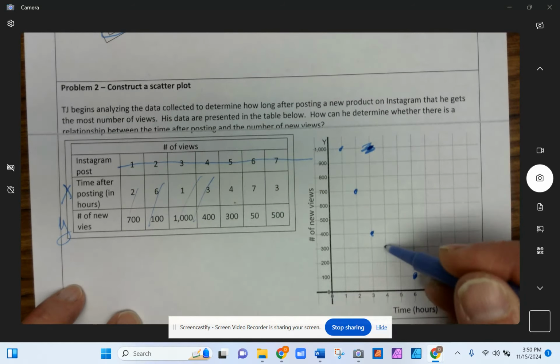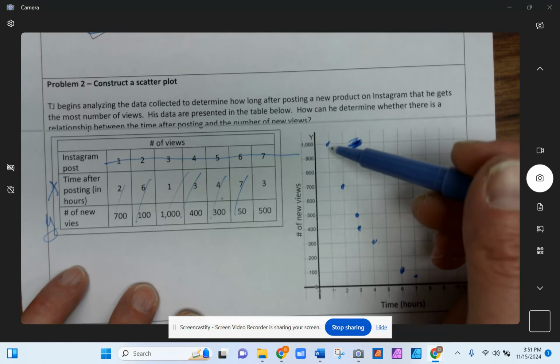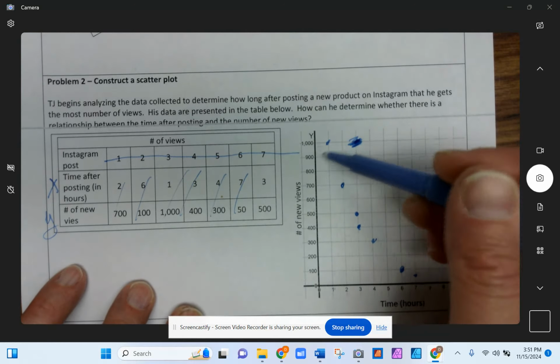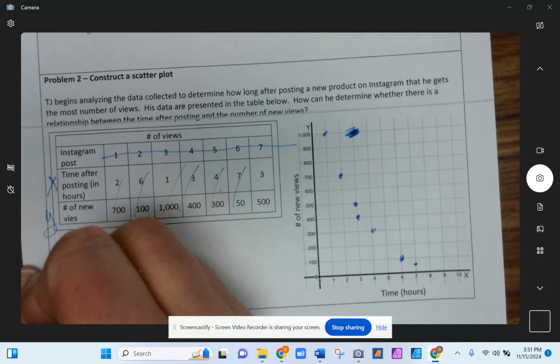My bad. So we could call this a decreasing graph. If we talked about qualitative graphs, this would also be kind of a negative trend. So how can you determine whether there's a relationship between the time after posting and the number of new views he gets? Well, we can see that as time goes on, he gets less and less views, right? When he first posts something, the algorithm probably pops it out to the most people. But as time goes on, the algorithm sends it out to less and less people. So he would say the relationship